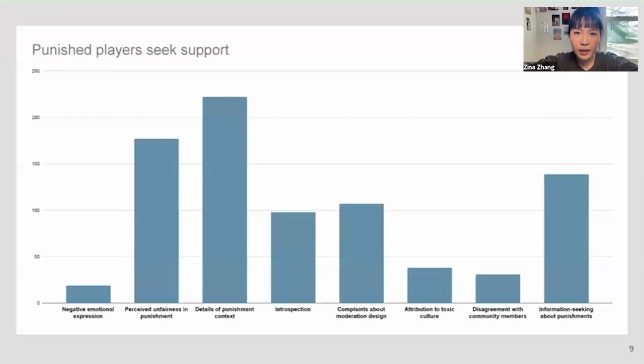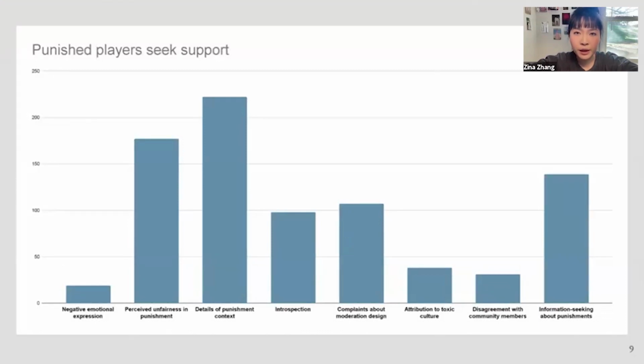So let's look at the first research question: how punished players sought support from community members. In total, we found 8 themes. The chart here shows the distribution of these themes. For example, sometimes punished players perceive unfairness in the punishment. Sometimes they will give details of the punishment context to justify their toxic behaviors, and sometimes they seek information about the